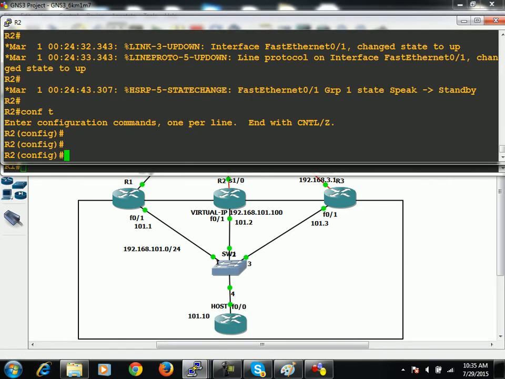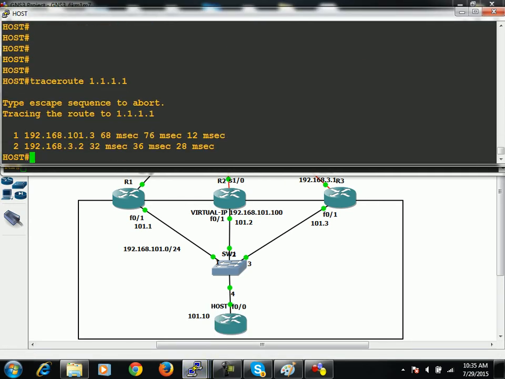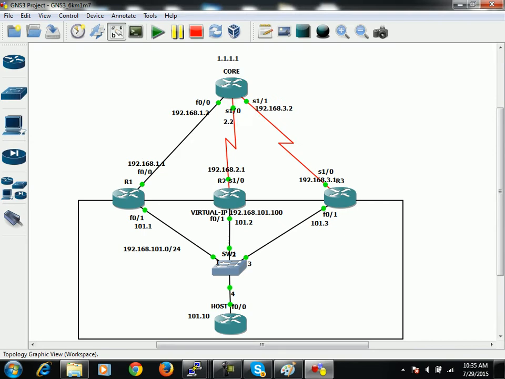Move on to R2. Sorry, traffic is going via R3. Yeah, it's fine now. Now the point is,